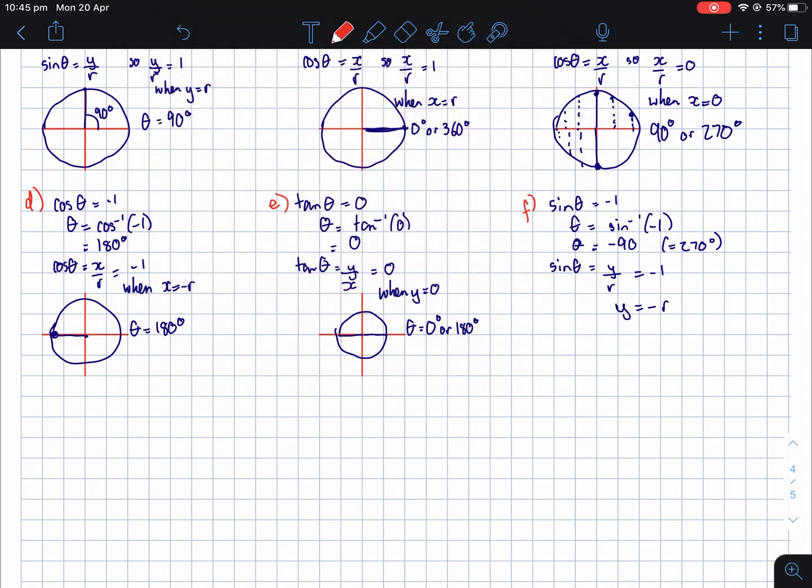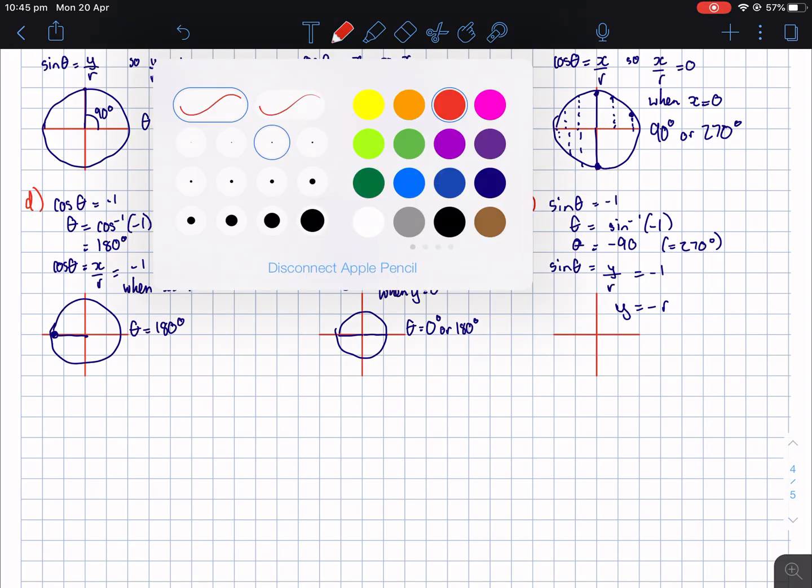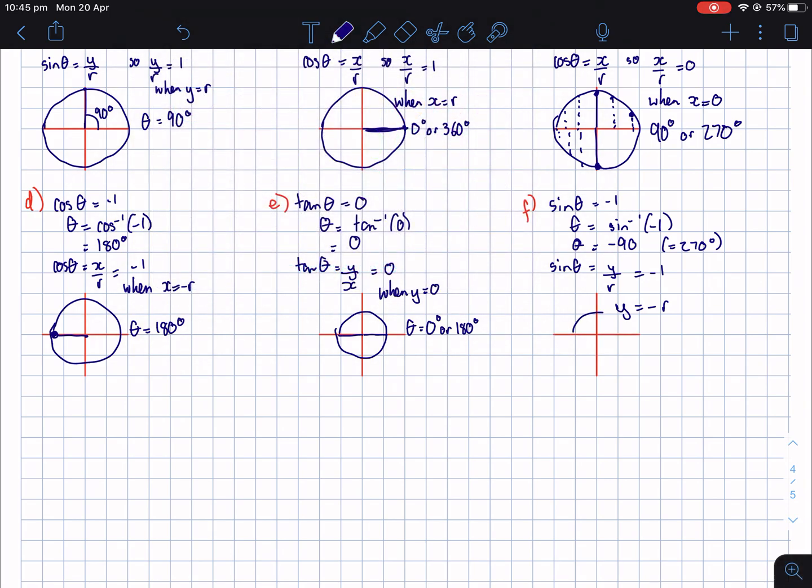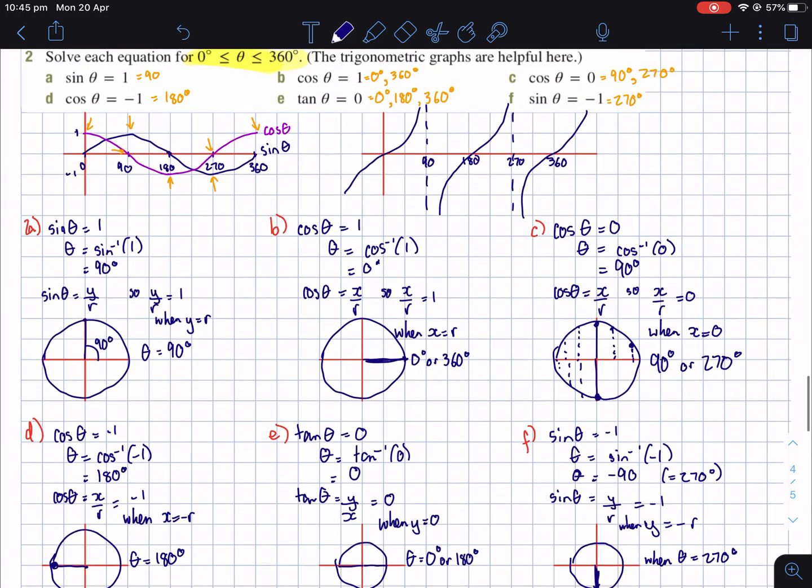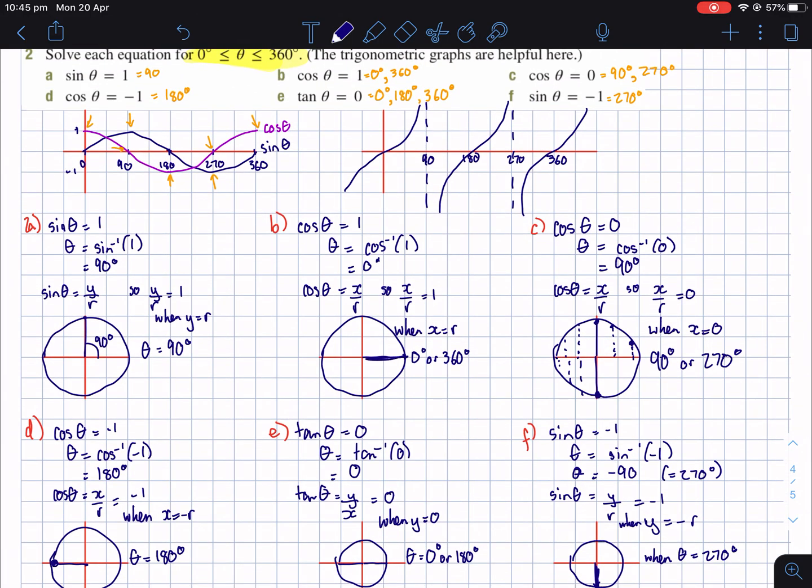So if we draw it, that's when it's -r going downwards, yeah? So theta is 270. That's those. You will get better at drawing these, and for all of them except tan, drawing them is